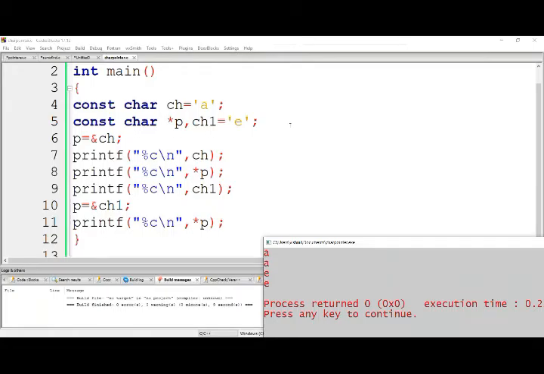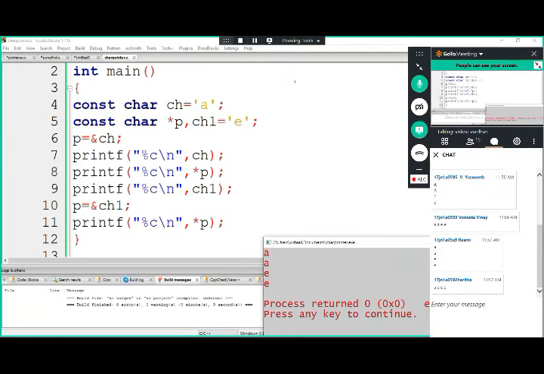So let us think we have two variables here. It is ch, it is p. So now initially p consists of a. Sorry, it is ch. So it has some address value.